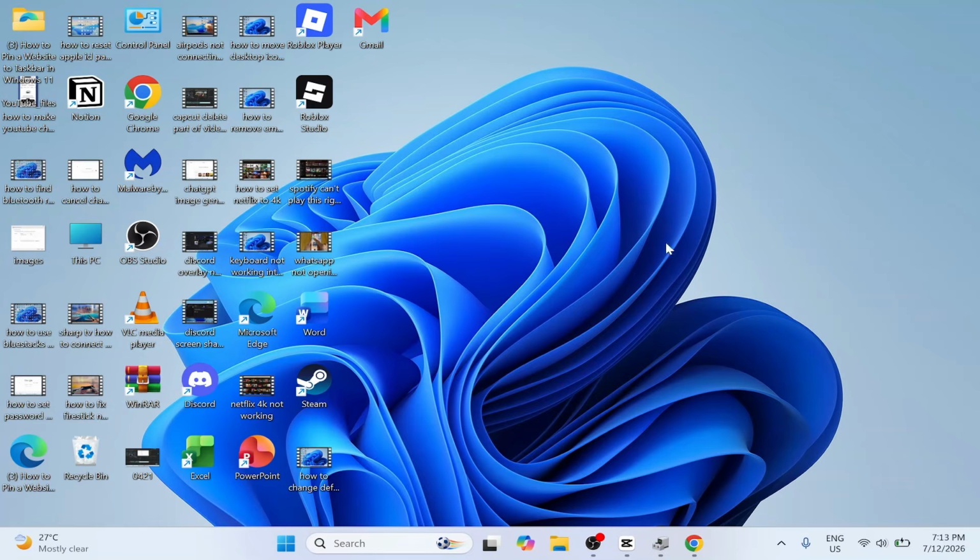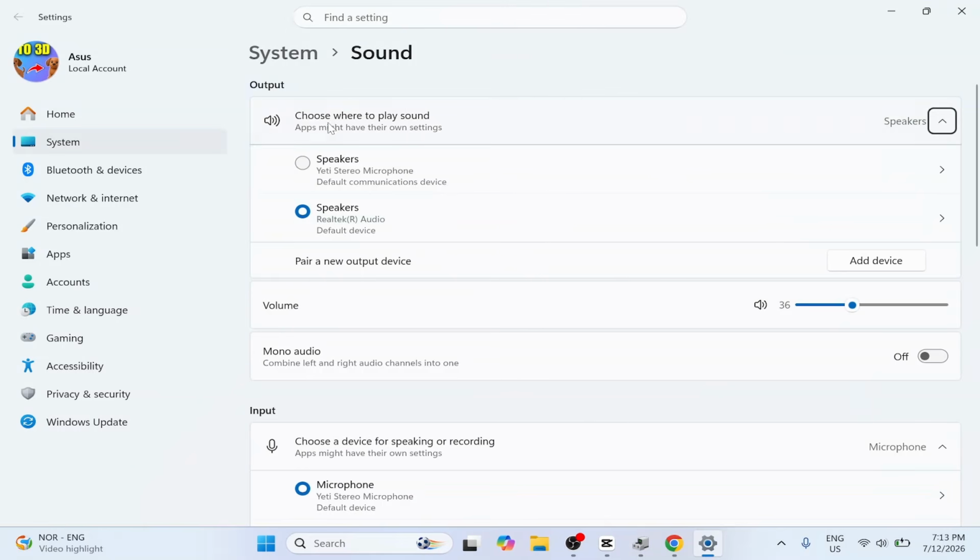How to fix the sound on your laptop if it's suddenly stopped working. So if you can't hear any sound, the first thing you need to do is head over to your desktop like this, right click on the volume icon at the bottom of your taskbar, and then press Sound Settings. Now if you come over to the Output tab, you need to make sure your laptop speakers are selected